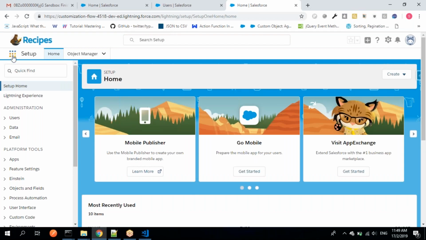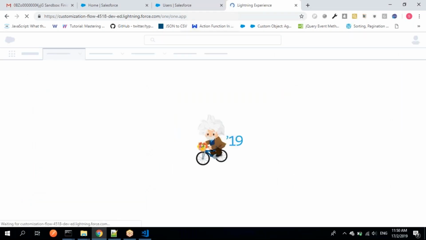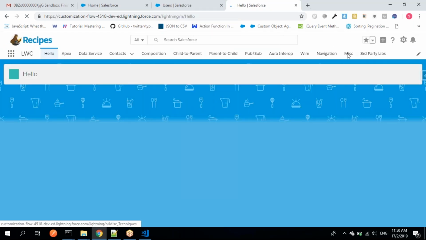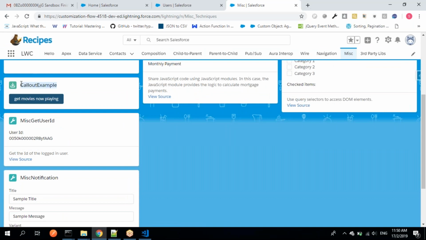So go here, setup, then LWC, then go to the miscellaneous tab. I have built a custom component called callout. It will make a callout to, the example is, of course, an integration, whether we do it with a banking database or a movies DB. Of course, the endpoint URL to which the REST API call is going to hit is different. Other than that, the procedure, coding, and everything is the same. So if I click on get movies now playing,